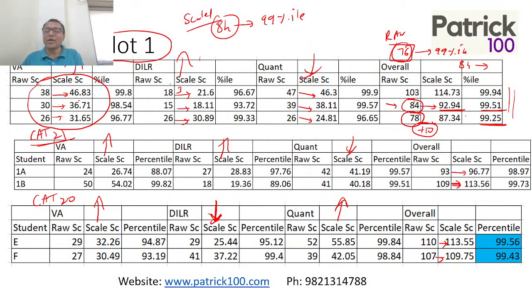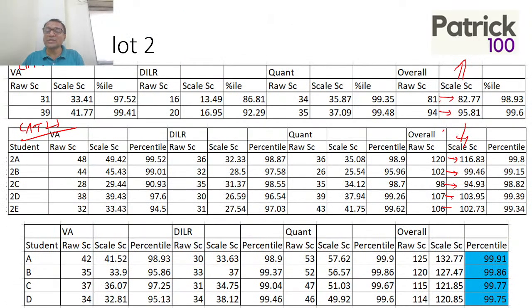Okay, if you look at here, there was a scale up, but in slot 2 there was a scaling down. And here in CAT 20 there was a scaling up which happened: 25, 30, 20, 27, and so on. Okay, here is a major scaling, actually by 5-7 marks, because the paper was a little tougher in the last sections. You can look at section-wise scaling also: scaling up in verbal out here, scale down in verbal in CAT 20.